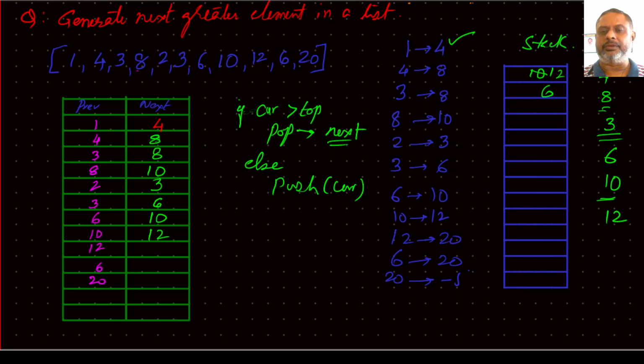Then next comes 20, and compare 20 with the top of the stack. Of course 20 is greater than 6, so against 6 write 20, and then you have one more element on the stack. Is 20 greater than top of the stack, which is 12? Of course yes. Then against 12 write 20, then push 20 onto the stack. What is next? Next is end of the thing,